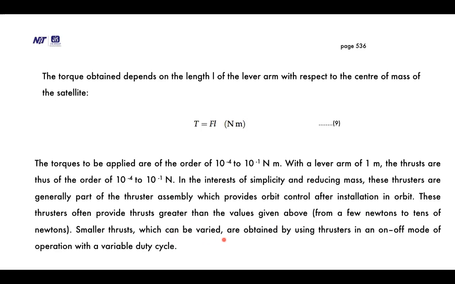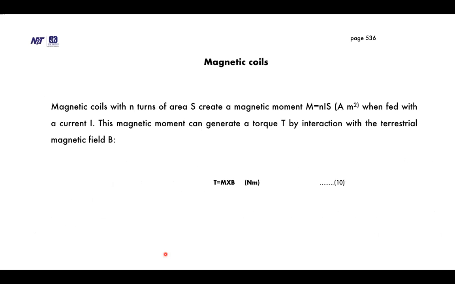Smaller thrust which can be varied is obtained by using thrusters in an on-off mode of operation with a variable duty cycle. Magnetic coils. Magnetic coils with n turns of area S create a magnetic moment M equal to N I S, ampere meter squared, when fed with a current I. This magnetic moment can generate a torque T with the terrestrial magnetic field B, given by M times B,